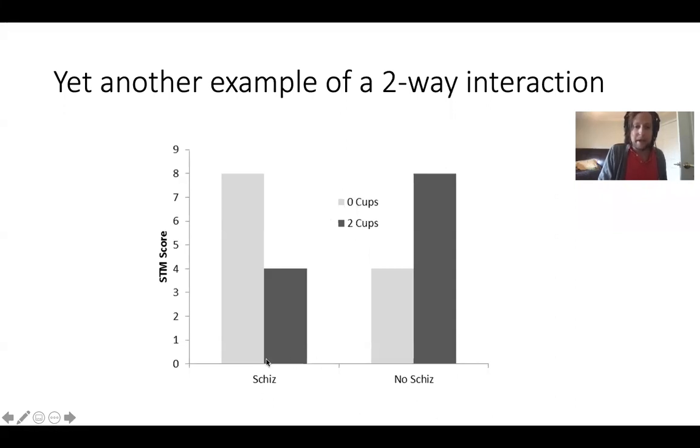And you could actually do the same thing with schizophrenia. You take these two bars and average them together, 8 plus 4 equals 12. 12 divided by 2 equals 6. Do the same thing over here with no schizophrenia. 4 plus 8 equals 12. 12 divided by 2 equals 6. There are no main effects. All of the marginal means are 6, which means that there are no significant differences for the main effects,